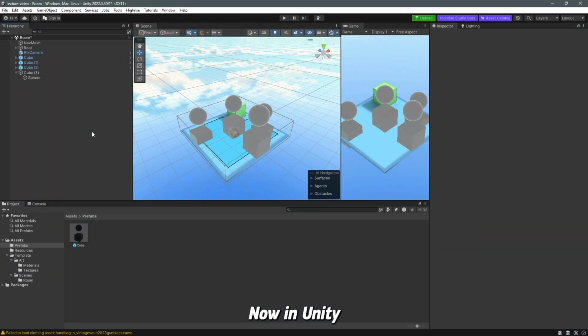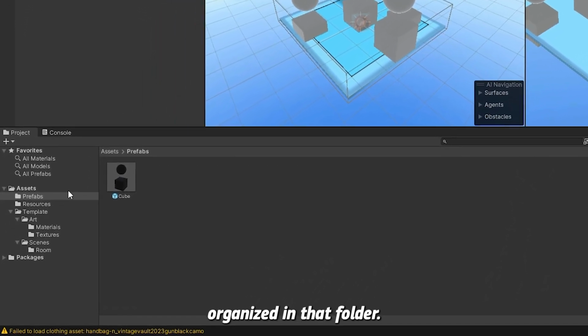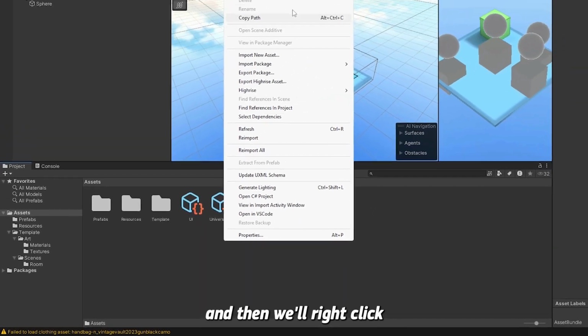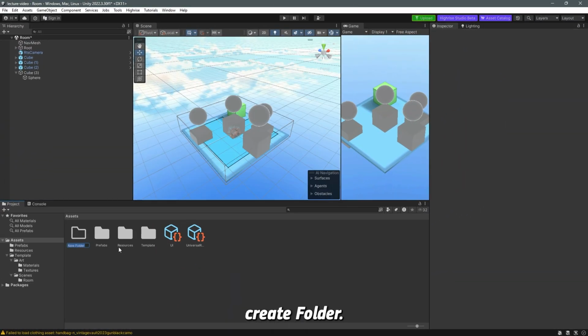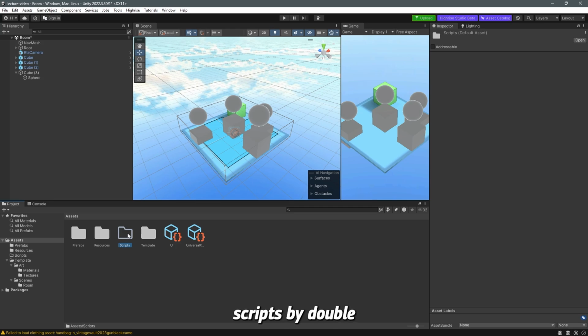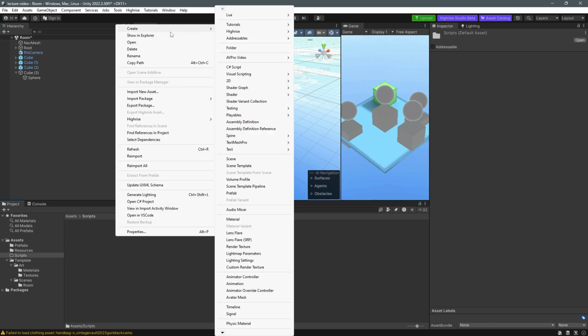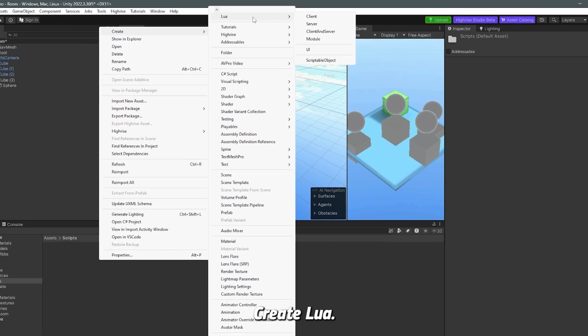Now, in Unity, to create the first script, first I like to create a folder called scripts to keep all my scripts organized in that folder. So we go to the project panel, assets, and then we right click, create folder, and we call this scripts. I'm going to open scripts by double clicking on the folder, and I'm going to right click, create Lua, and